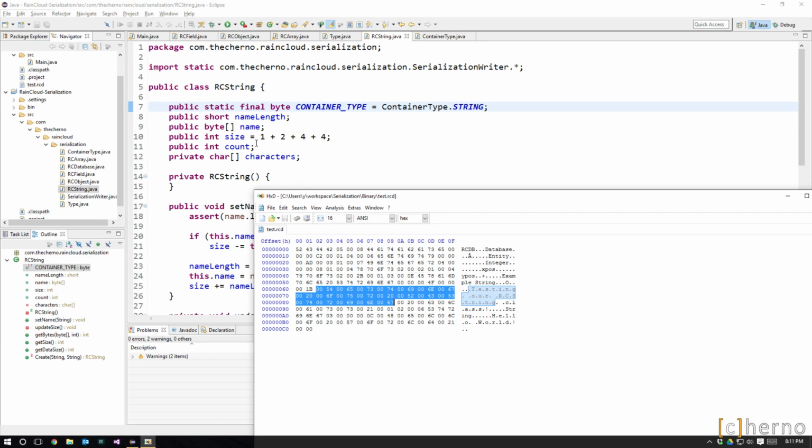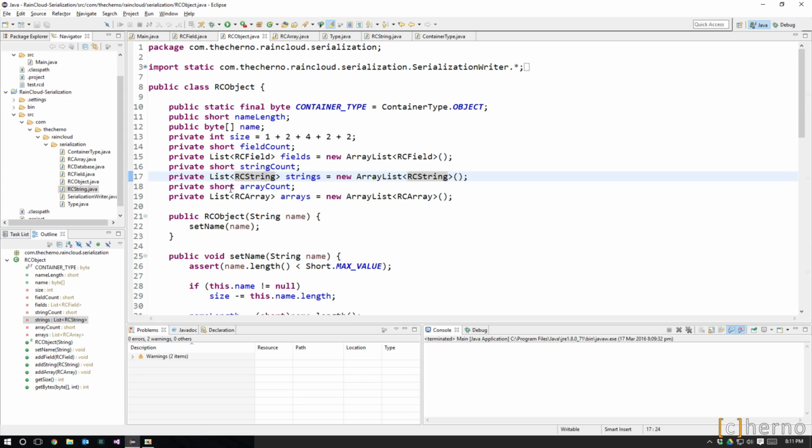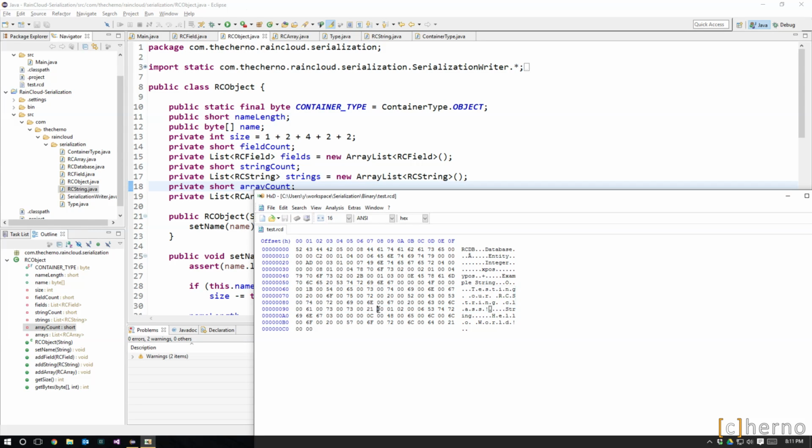Okay, straight after that, oh, sorry, string class ends here, okay? Then we go back to, yeah, there's that short. So we go back to RC object and we have our array count, which is this next short, which is 1 array. That's the container type, that's the length of the name, that's the name,